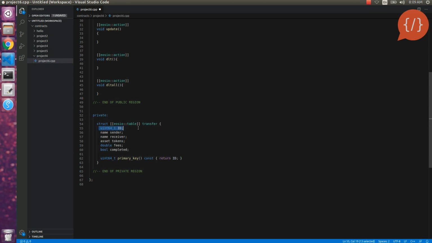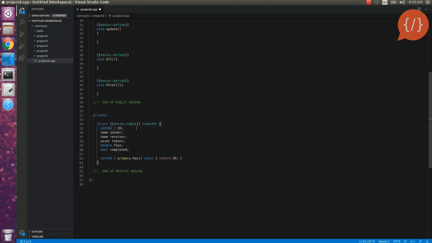The id is the primary key attribute, and this function is used to get the primary key for the table, and it is necessary, so we will return the id column in the primary key function. So this is the basic structure for the table with a single index, the primary key,